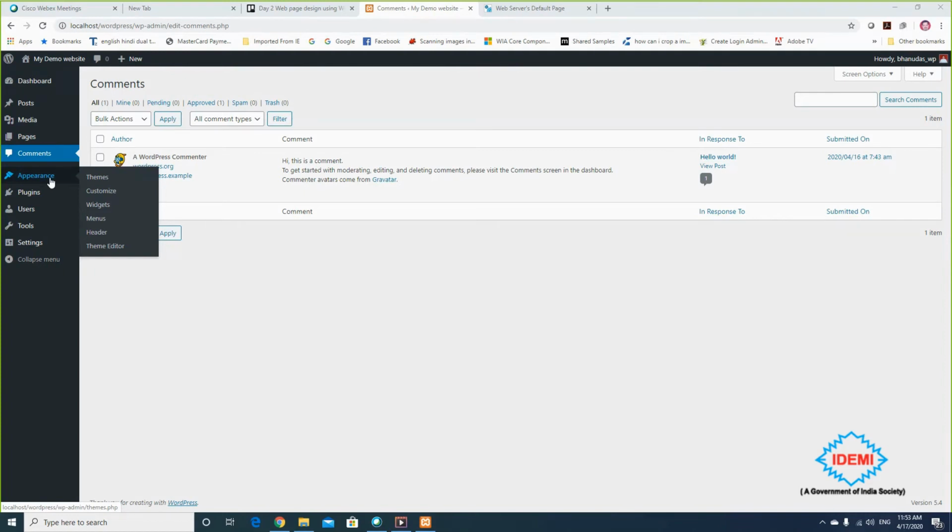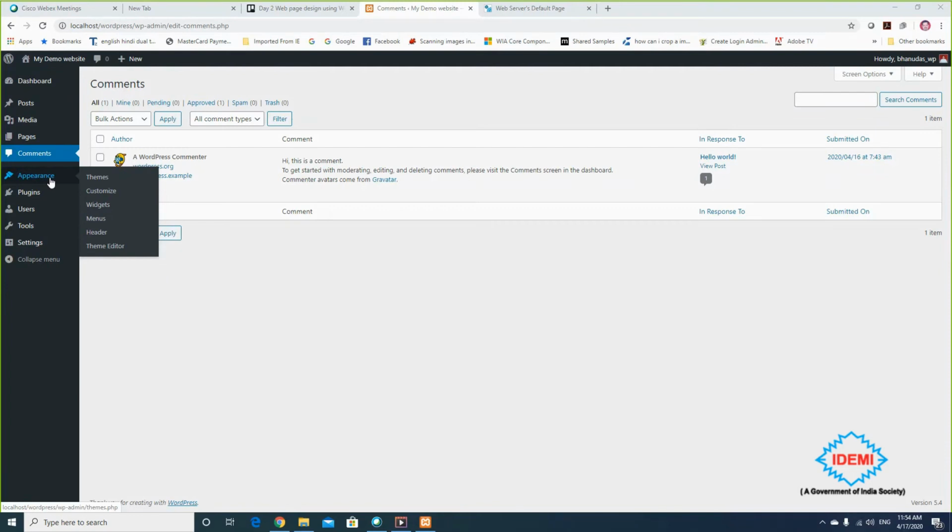Otherwise, there are some nice free themes available. You are allowed to use those themes, matching with your content. Then you can activate that theme and convert your entire website using that theme. That we are going to learn in detail afterwards.